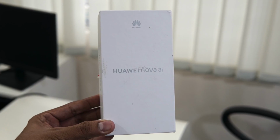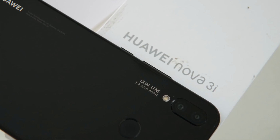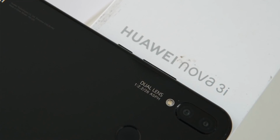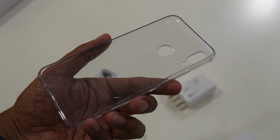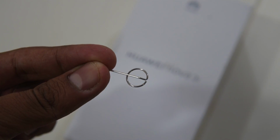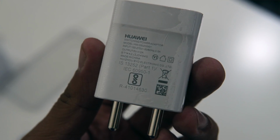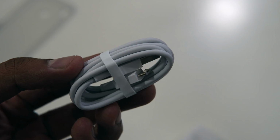So in this quick unboxing, here's the box package. And in this package, apart from the phone itself that you see here, there's this TPU case, that's the rubber case with a transparent look, and there's a SIM ejector pin, and the couple of other accessories include the travel adapter with the 5V two-way output and the micro USB cable, indicating that the phone comes with the micro USB